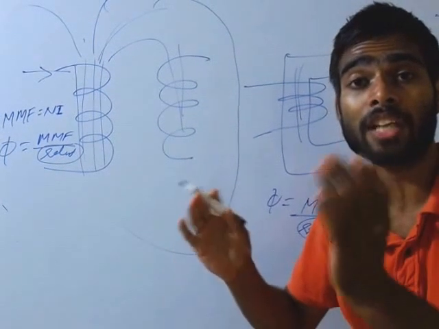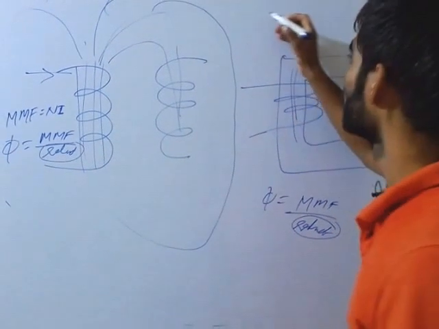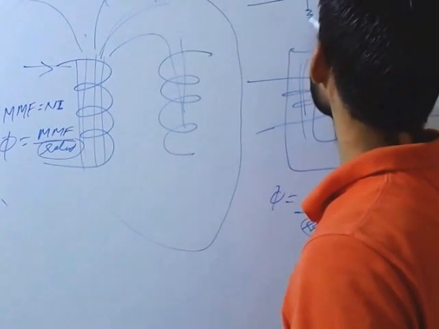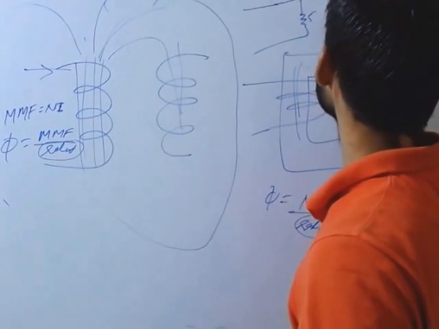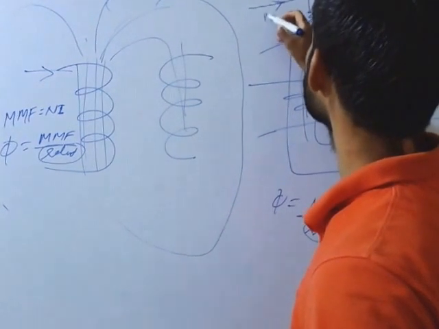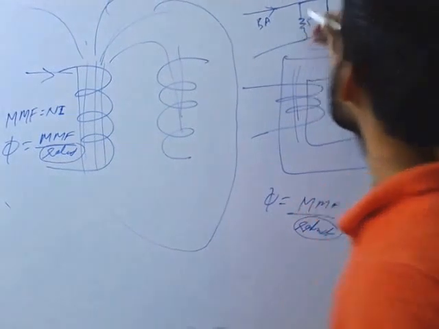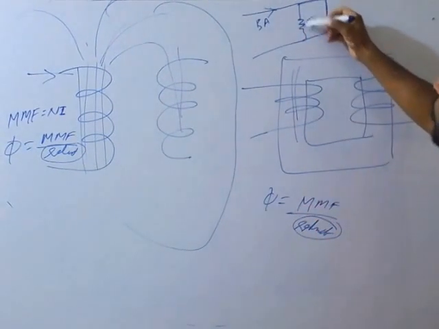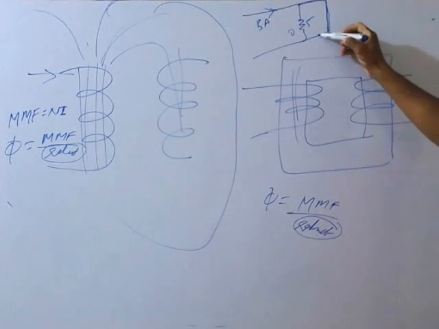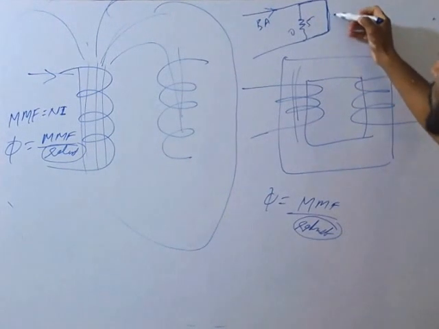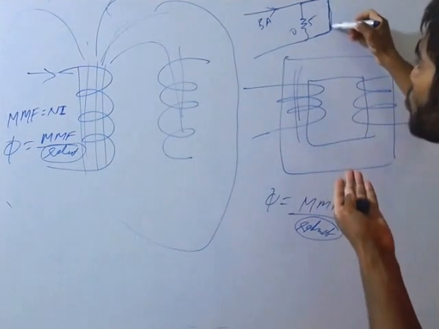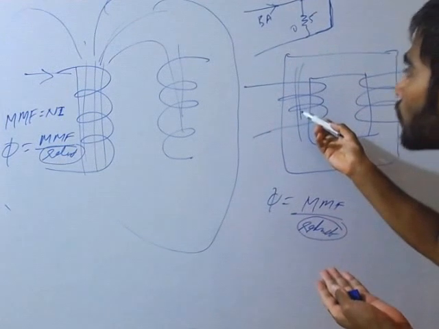It is the same case as we see in an electrical circuit also. Suppose this is a circuit, this is a 5 ohm resistor and this is a short circuit, means zero resistance, and a 5 ampere current is flowing. So what amount of current will flow in this 5 ohm resistor? Zero, because all the 5 amperes will pass through this portion of the wire, because it is offering almost zero resistance. This is the same case here also.